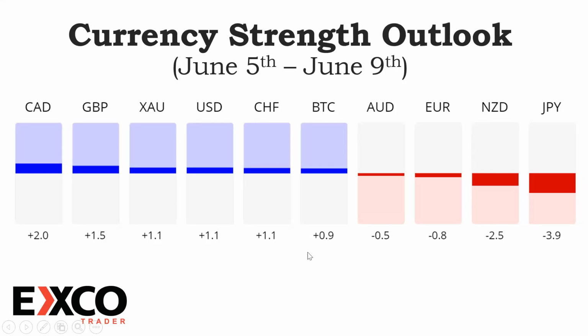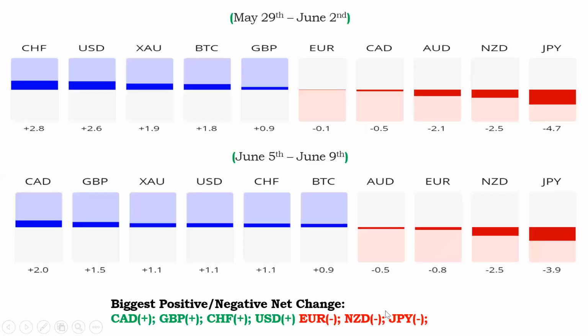Last week, we saw lots of volatility across almost all pairs, but some of them still retained their strength. Some gained more strength, while some lost, especially the New Zealand dollar, which lost a lot of strength for the week. But to make sense of all of this, we need to compare it with the data from the previous week, which is May 29th through to June 2nd. You will see the Canadian dollar moving from the